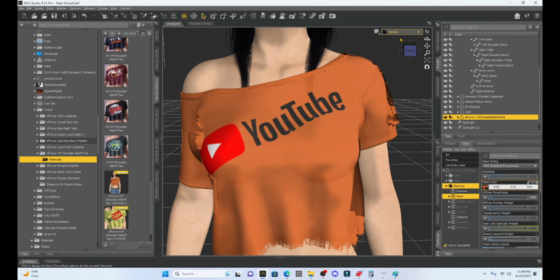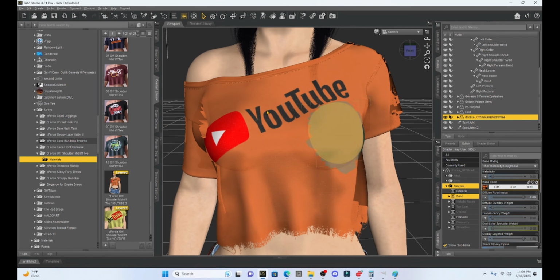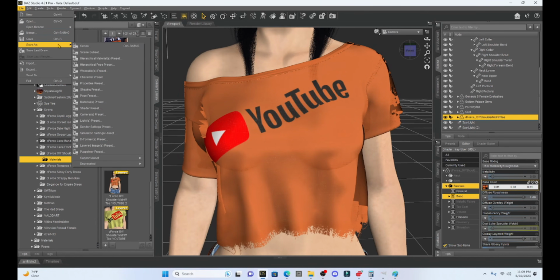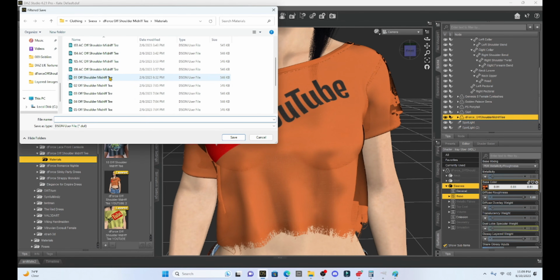So let's get it kind of in the right spot. That looks good. So that kind of matches the other ones. So now I can just go back and resave it. So save as, layered image preset. And then when I do it, it's just going to open it up, and I can go to the YouTube